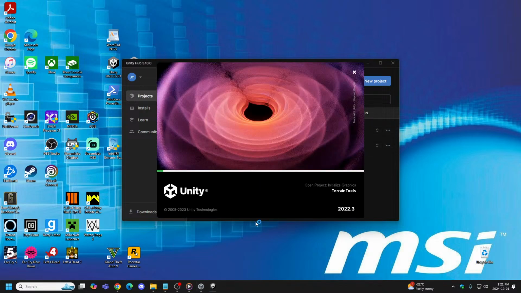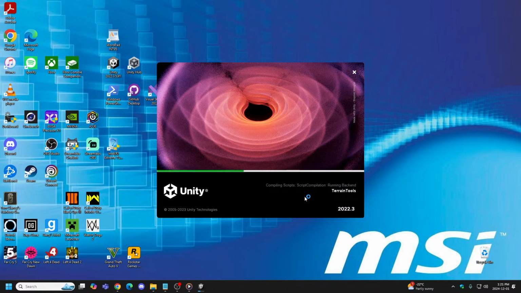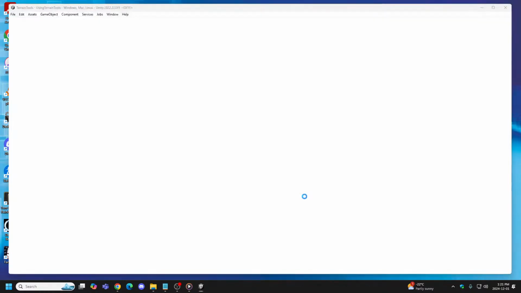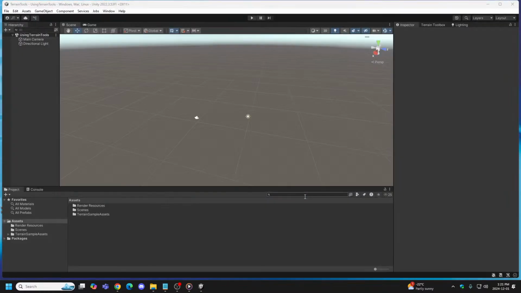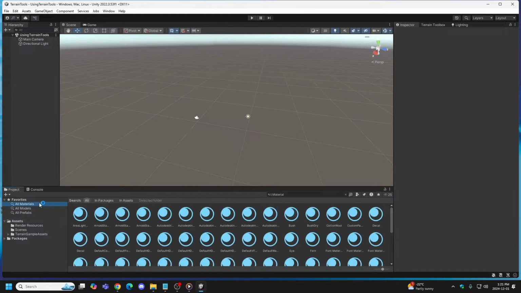Called it terrain tools. Close that. I've set it up already as a URP. Those of you that have been following along, you know what a URP is. Boy, that set up quick. Takes a little bit of time. I mean, I'm getting faster at it now, but just setting up a fresh project. Again, you want to get all your assets and such installed first. Now, that's actually a good point. I am set up for it with a URP, but